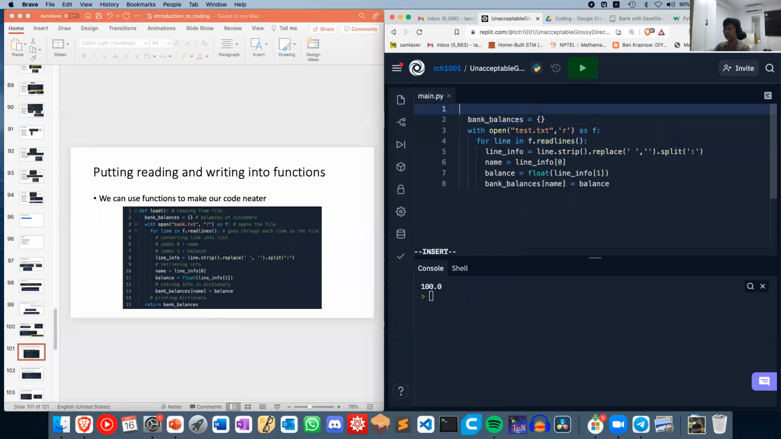And I'm gonna define a function. Let's call the function load, whereas we're loading from a file. Okay, so I'll write some comments over here: reading from file, and then this is the balances of customers in our bank,